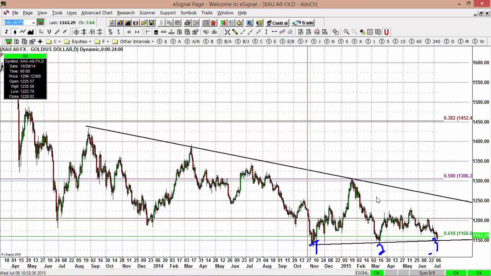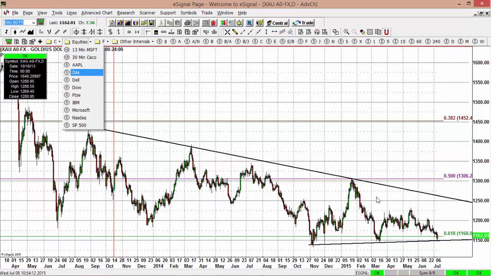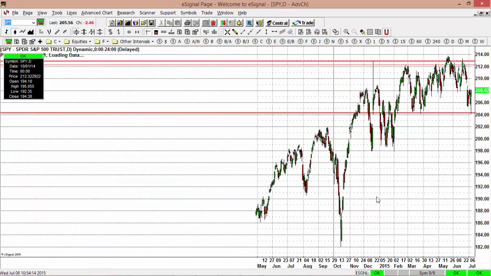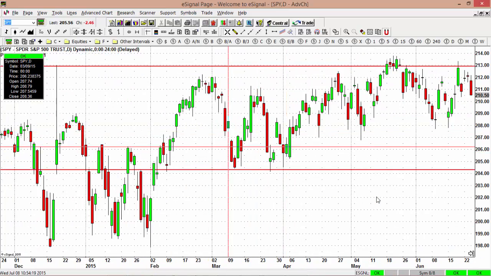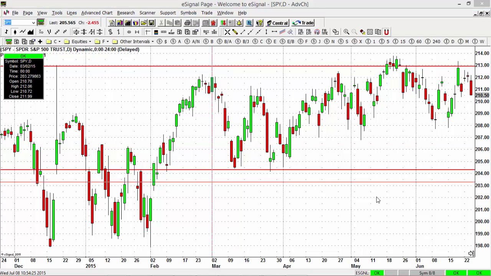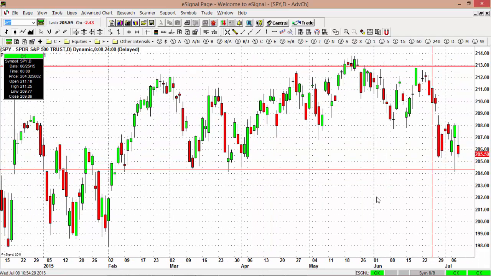Okay, another market to watch apart from gold, because we're watching to see if this area of support is able to hold and will hold, is the stock market. Yesterday I told you that the S&P 500 ETF was trading down to its support area. Support 1, support 2. The market traded down, tested the support area yesterday,